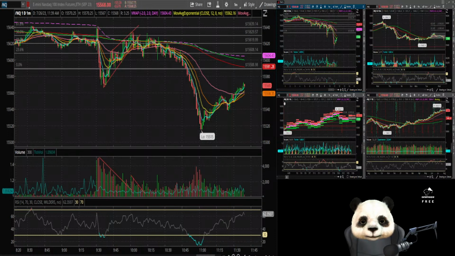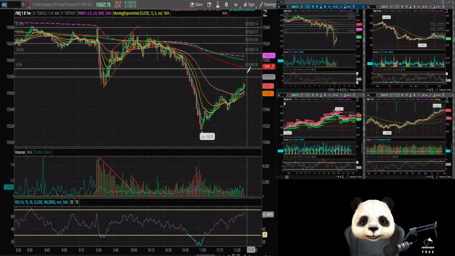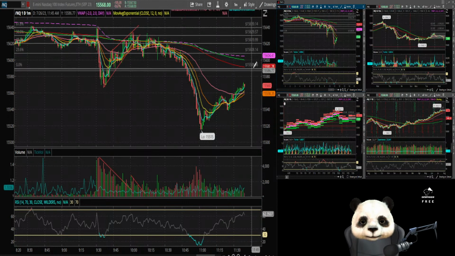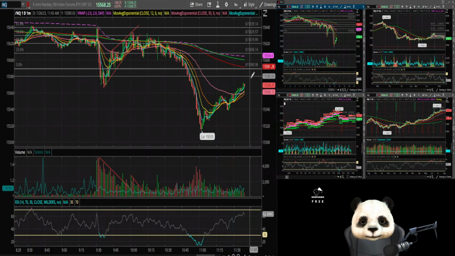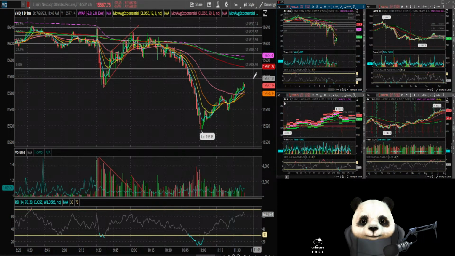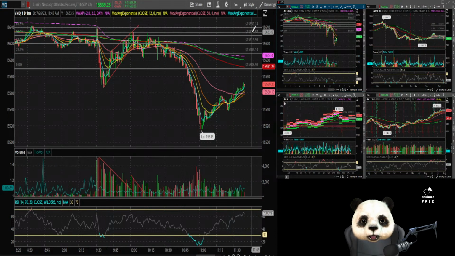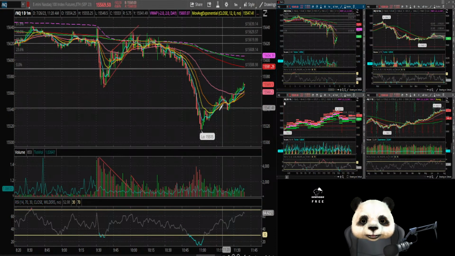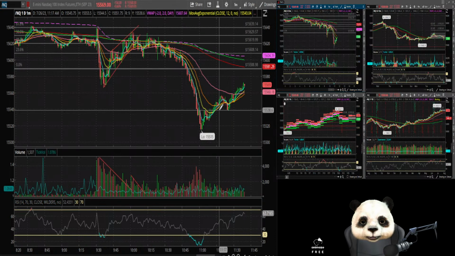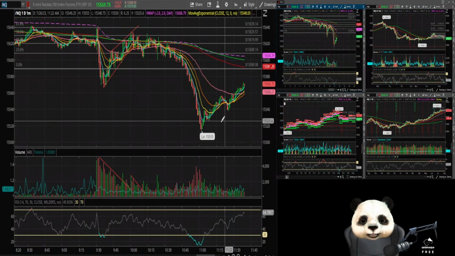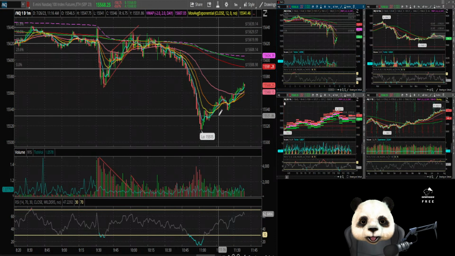Yeah, I mean, S&P is back in the channel again, the sideways channel. So I'd say that's a pretty good sign that we're gonna at least touch on this 15,588, 89 level Nasdaq. We've got the point of control all the way up at 15,625.